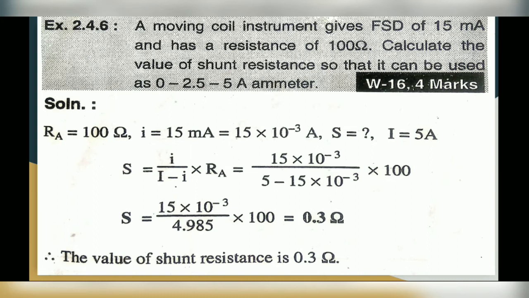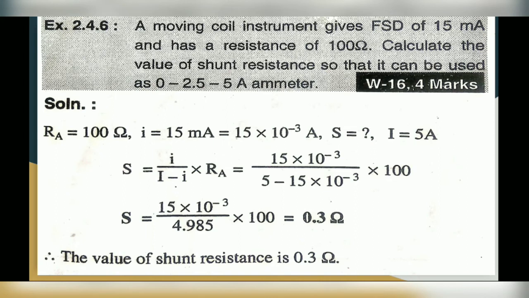and the value of capital I is given as 5 ampere. As they have given the data 0 to 2.5 to 5 ampere, the final value of I is 5 ampere. So you have the formula for shunt resistance. S is equal to small i upon capital I minus small i into Ra, or you can write it as Rsh is equal to Ia upon I minus Ia into Ra